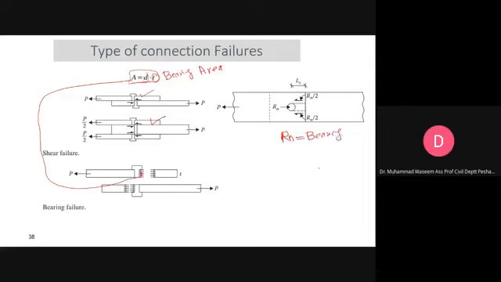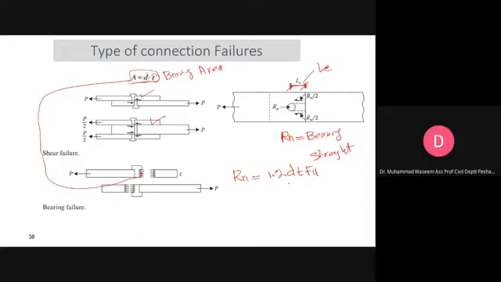The bearing strength. We call this distance from the centroid of the hole to the edge of the plate Le. Now this Rn is equal to, I think, 1.2